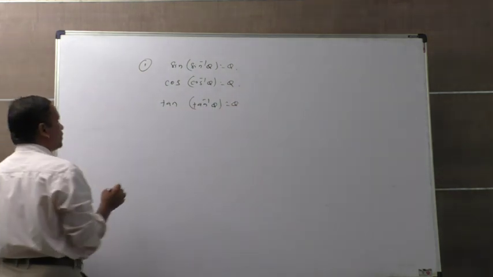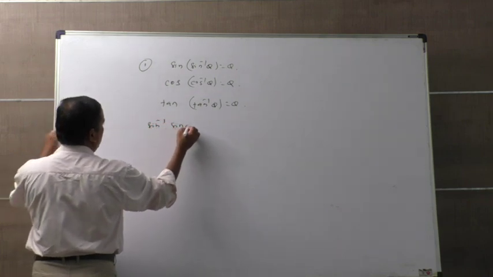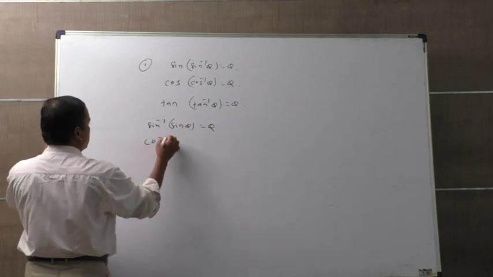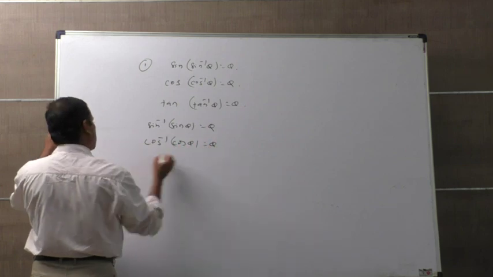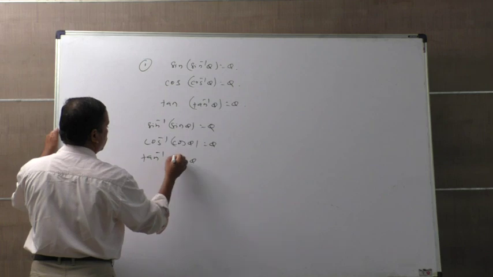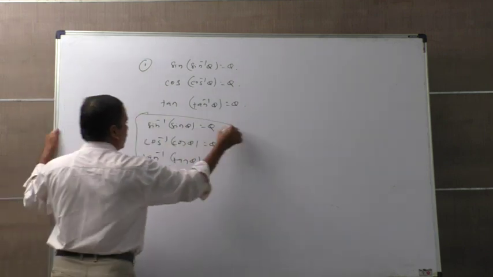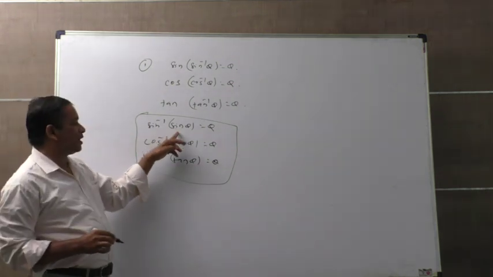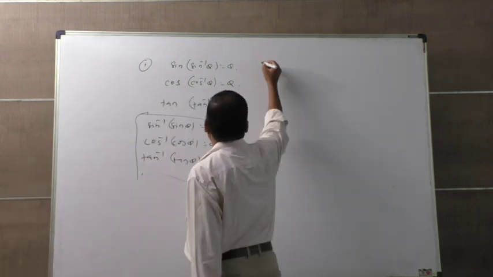Or in reverse, sine inverse sine theta is theta, cos inverse cos theta is also theta, and tan inverse tan theta is also theta. This is the most important formula, that we can cancel sine inverse sine. That is number one. Number two,